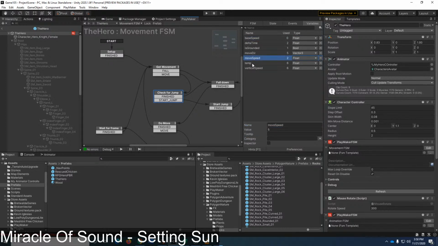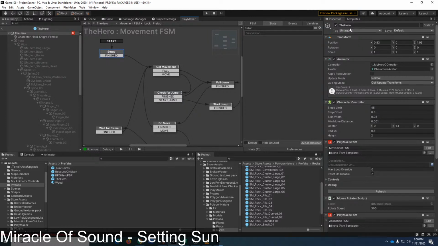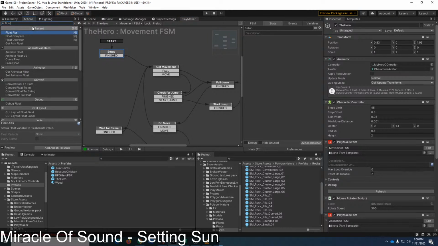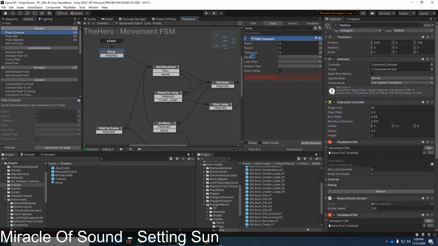Set that to the same as move speed. I'll do that through setup here. So actions, float operator. No, I said no. Set float. Set float.